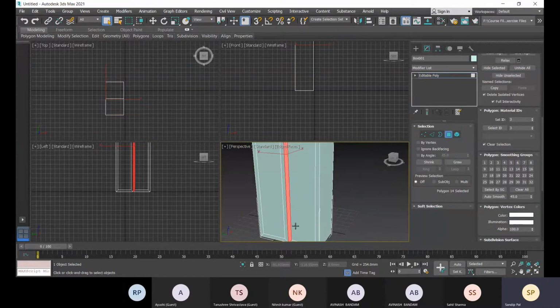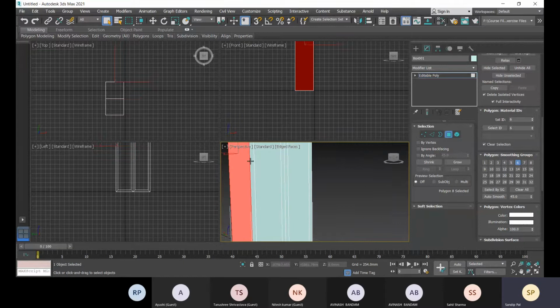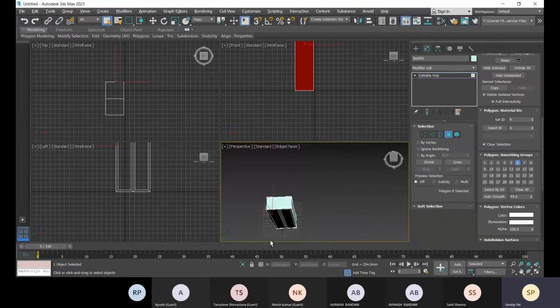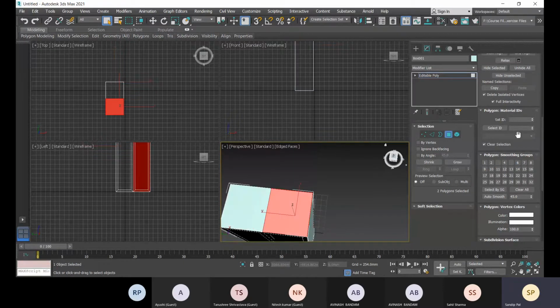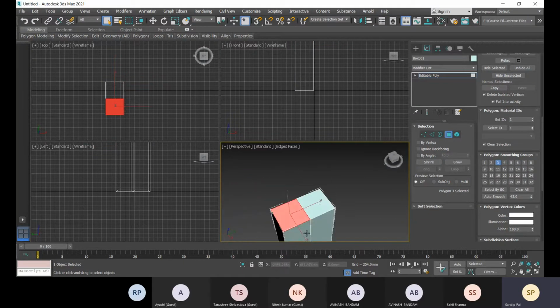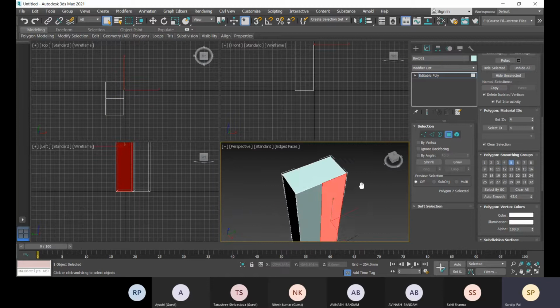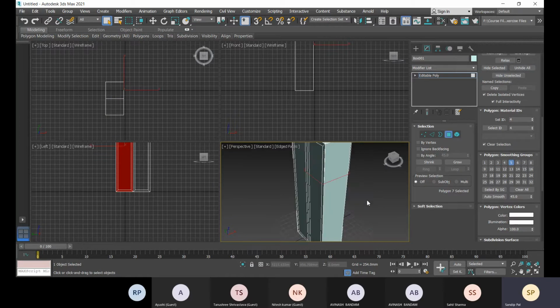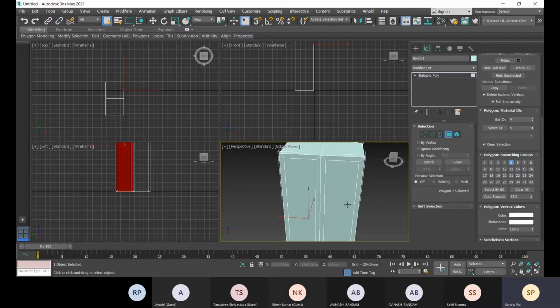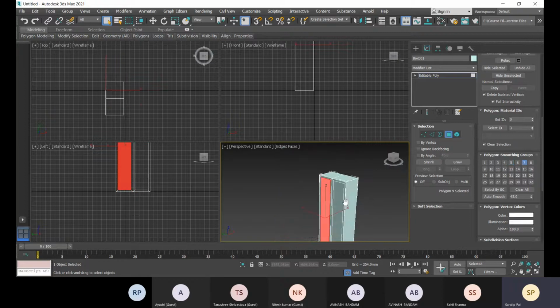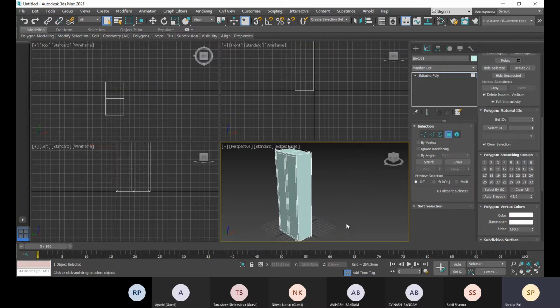This face is the same 3, and this face is 6. This face has material ID 1, this is 4. So for each and every object, when you convert it into polygon, every polygon has a different material ID. Now let's go to the material editor.